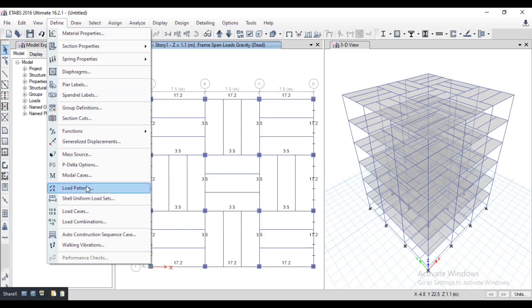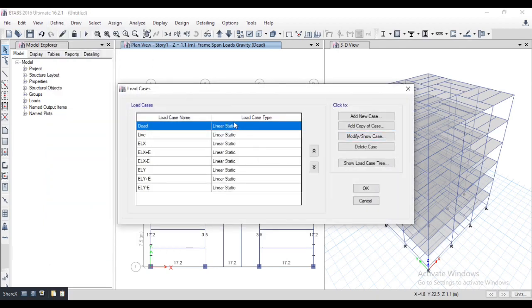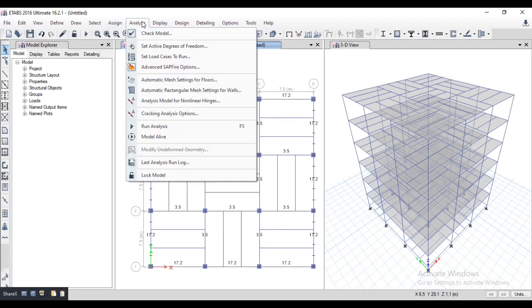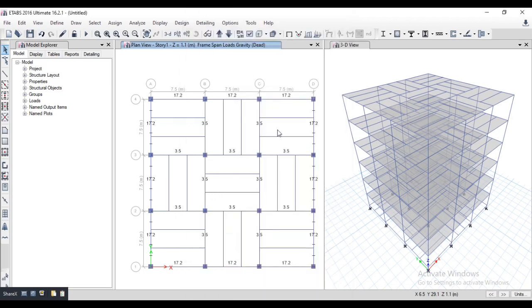Then check for load cases. You can see linear static, all load is successfully assigned. Then go to OK. Then go to analyze and check model. Select all here. OK.